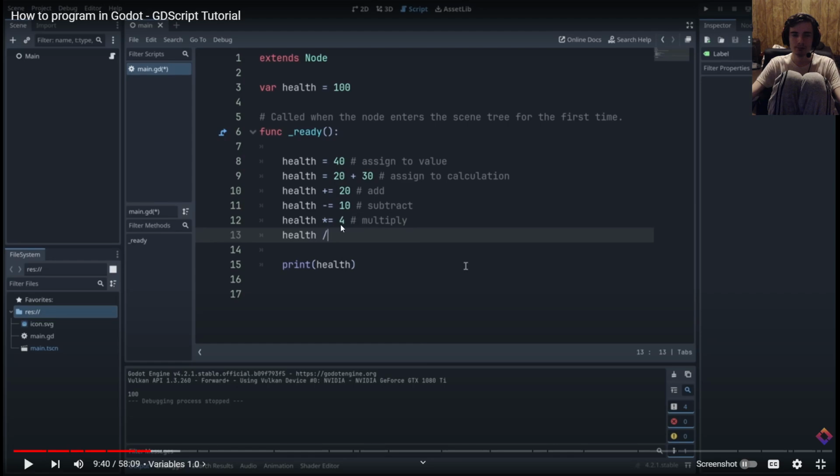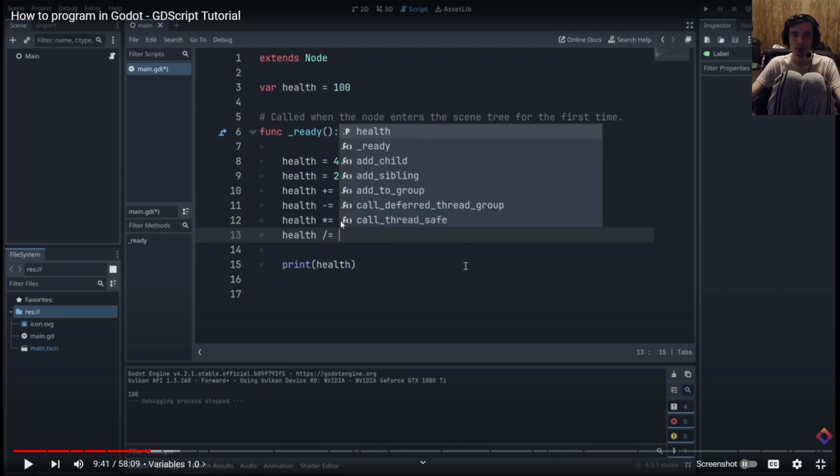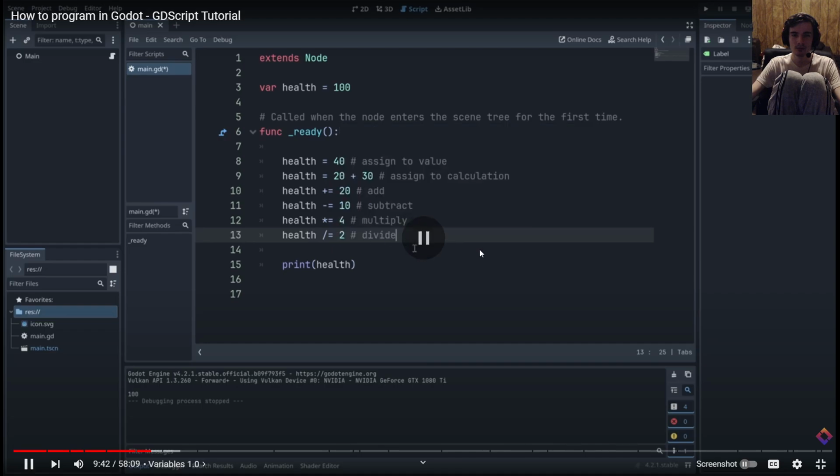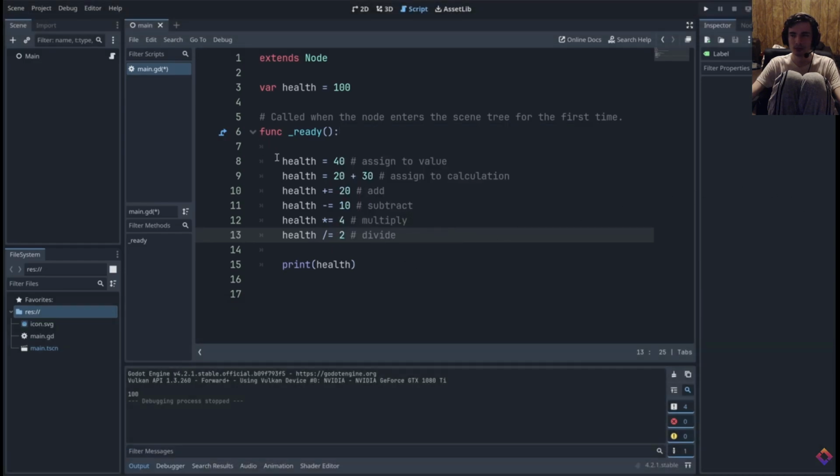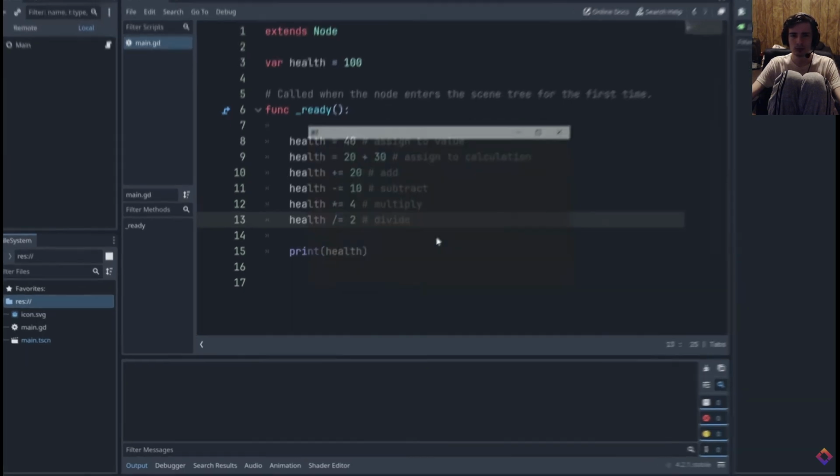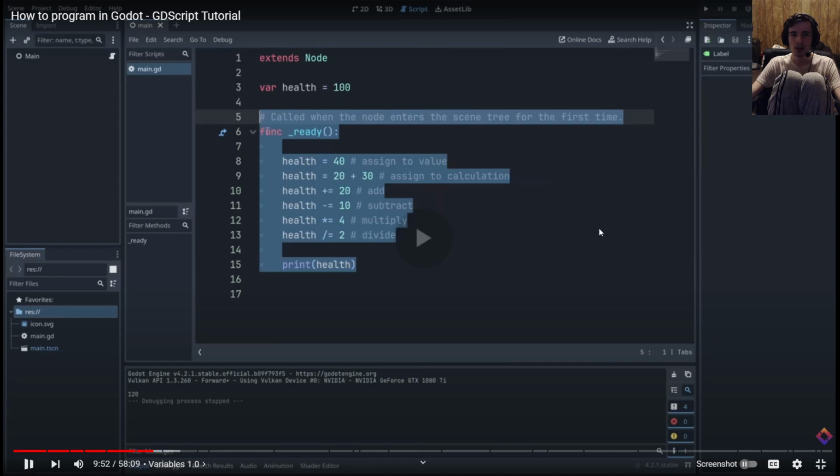That would be 15. Slash equals. No, that would be 240. So if we run this, that would be 120. Now it will do all of these calculations from top to bottom and then print out the result, which turns out to be 120. Let's look at an example where our player takes some damage and we want to subtract